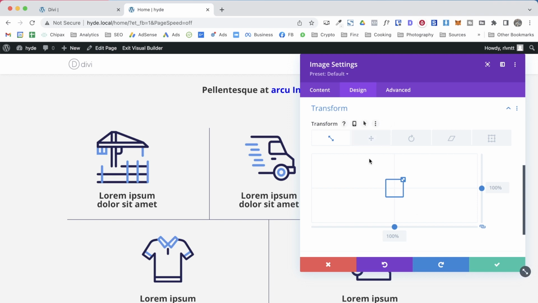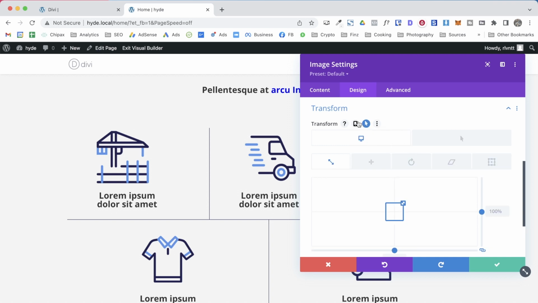As I showed you before, if you place the mouse over these options, you will get this menu, and here we have the hover menu. So click on that. Now let's click on hover,